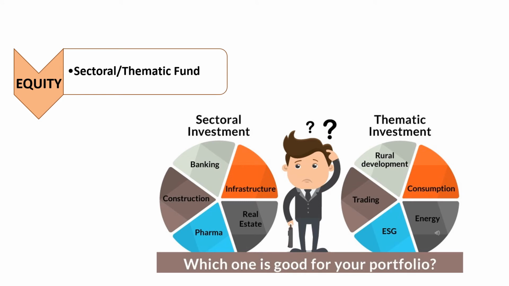Mutual funds that aim at investing in a specific sector are called sectoral funds. These funds invest only in businesses that operate in a particular sector or industry. For example, a sectoral fund may invest in sectors like banking, pharma, construction, and so on. On the other hand, thematic funds are the ones that invest in stocks based on a particular theme. The theme chosen by such funds may revolve around areas such as rural consumption, commodity, defense, and so on. For instance, a thematic fund may focus on rural consumption and invest in funds of all sectors that favor this